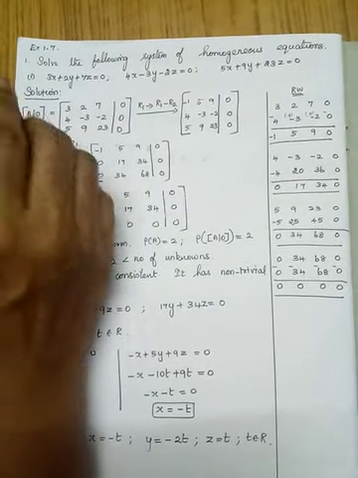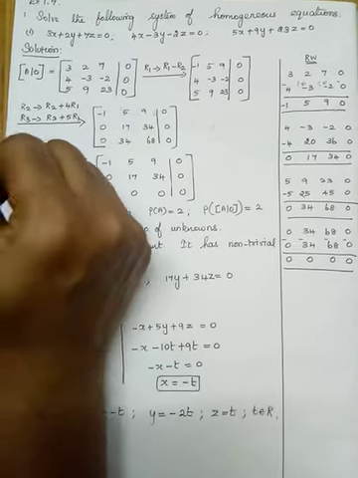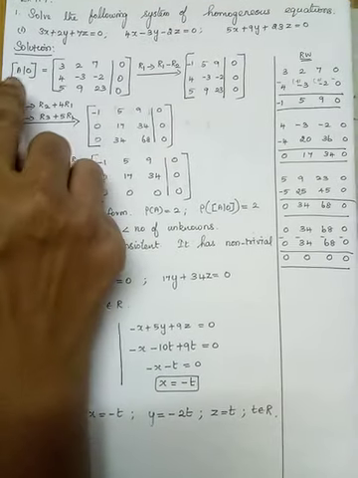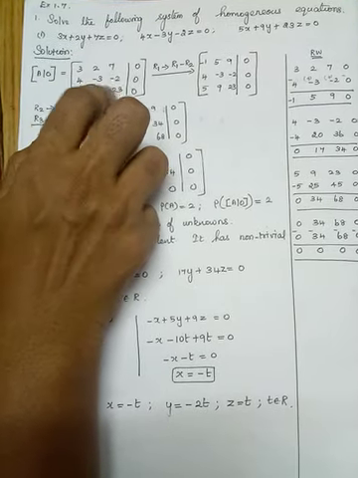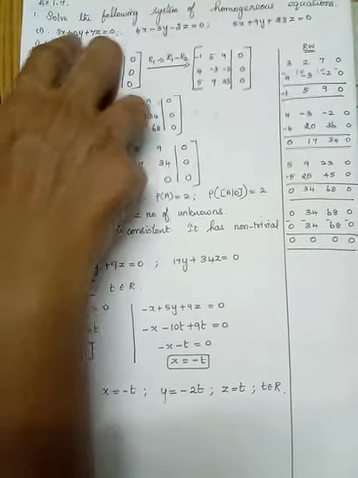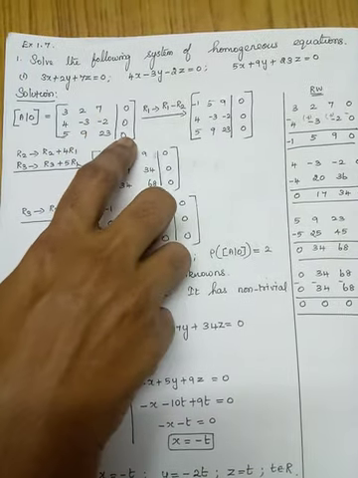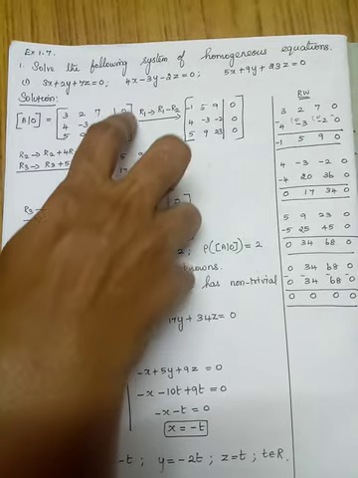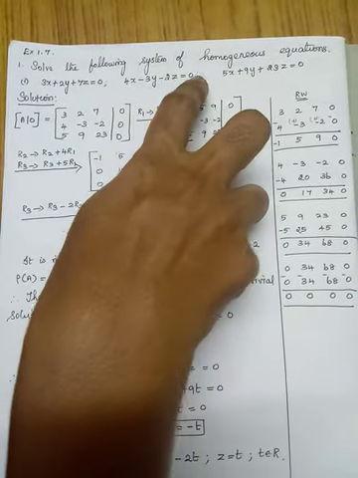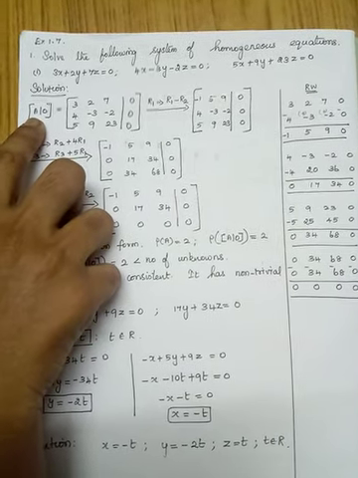So how do we find the solution of this now? As usual we are going to use the Gaussian elimination method. So we have to go for the augmented matrix [A|0]. So the A matrix I have written. What is the A matrix? The coefficients of x, y, z. Beside it we have written the 0s, the right-hand side elements. So we have written the augmented matrix [A|0].